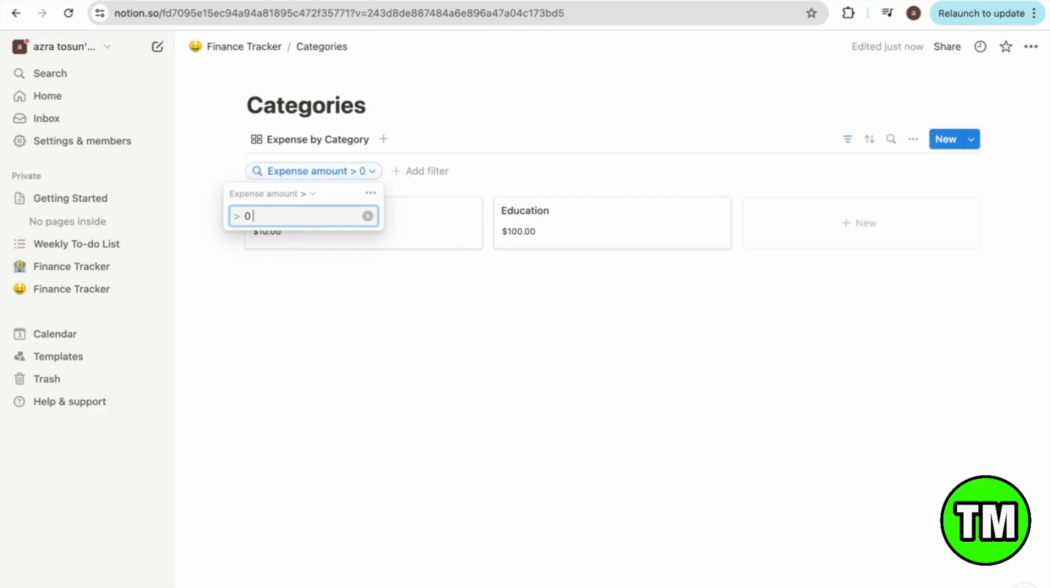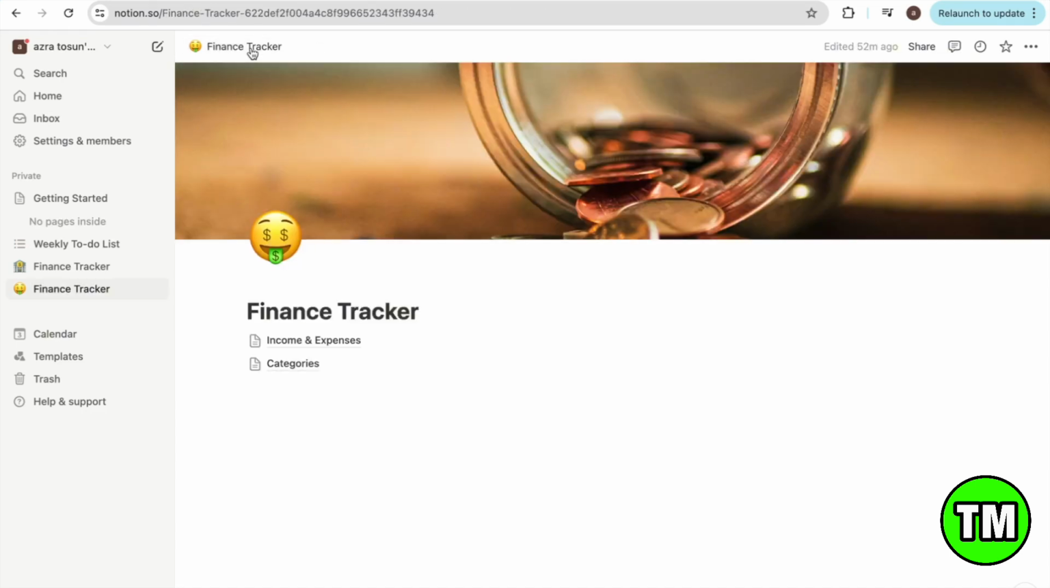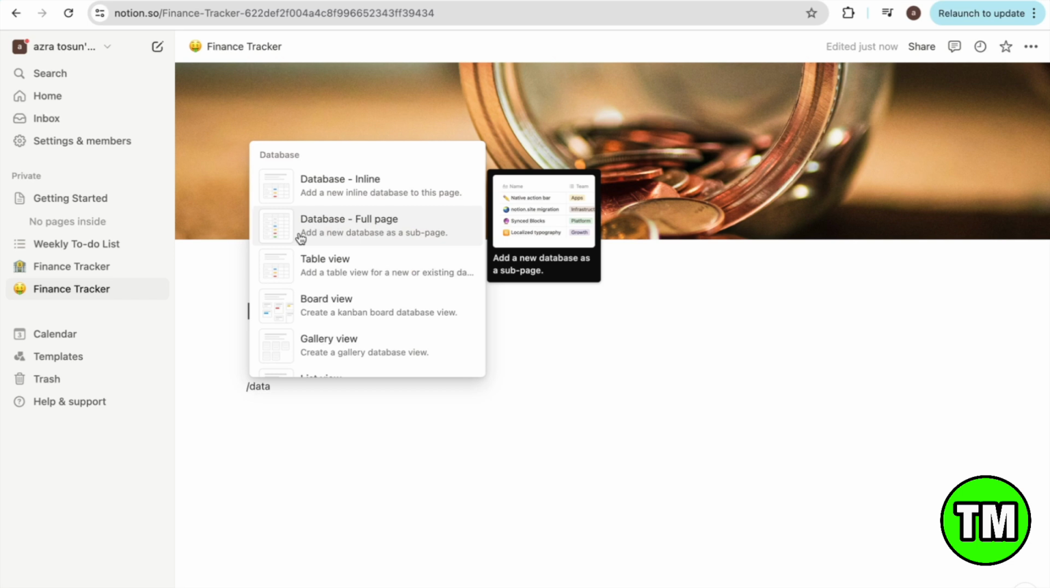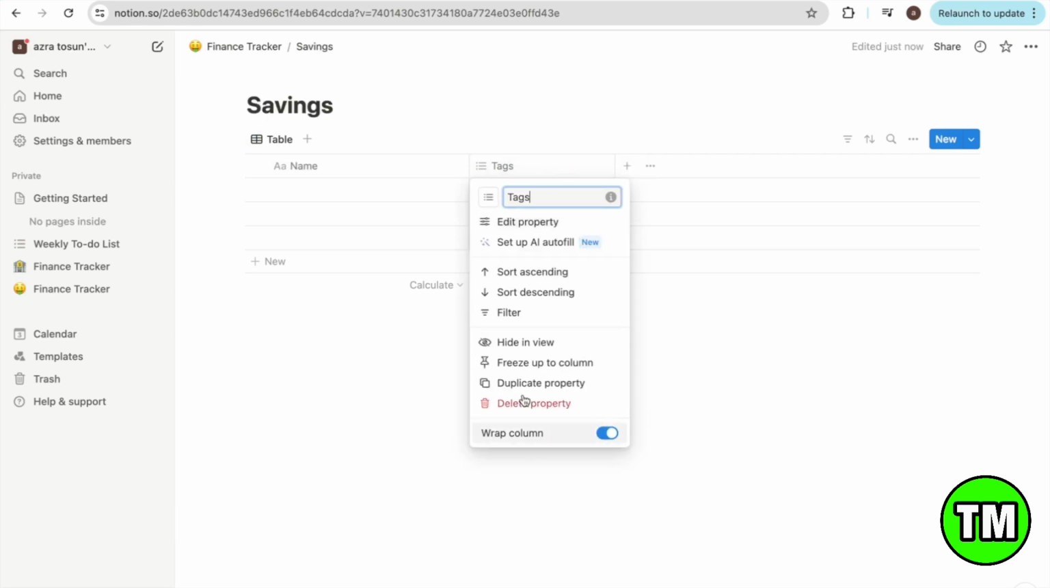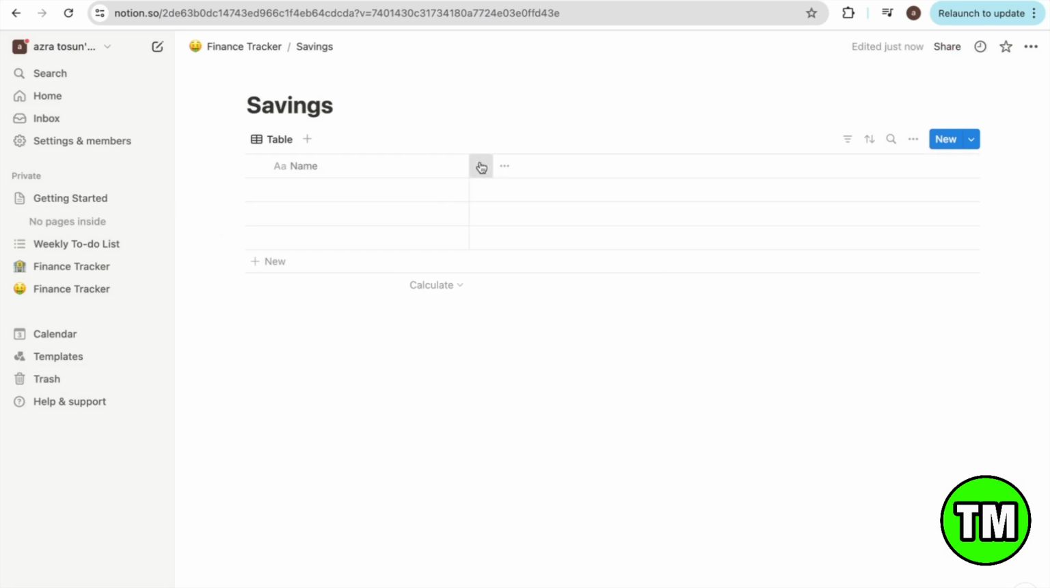Bigger than 0. Now we will create a database to track our savings. So I'm going to my main page over here and I'm going to follow the same steps. To create a new table, I am going to click on database full page and I will start off by naming this Savings. So now I'm deleting the tax column